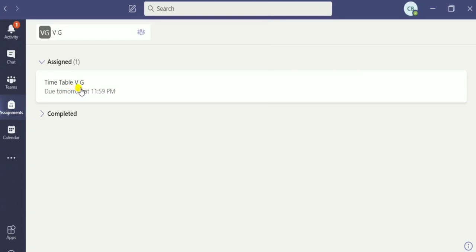This is a timetable. This timetable pic has been given by the teacher, and this is due. Due tomorrow means the student should be well aware of their timetable by tomorrow. They all have to note it down or download it on their computer just to make them ready with the work next week. What classes they are going to have, make them aware of that. So how to go about it?